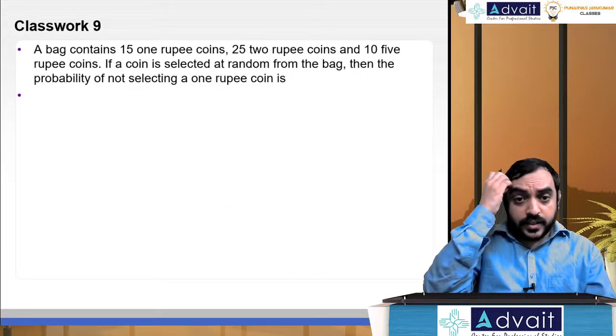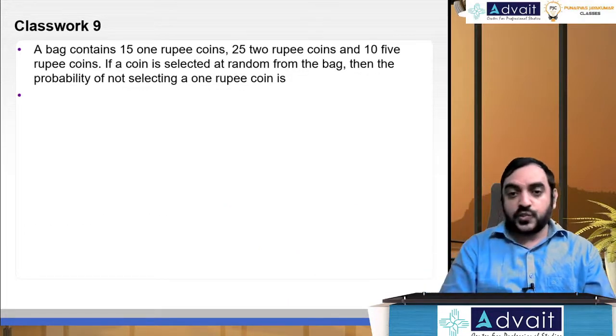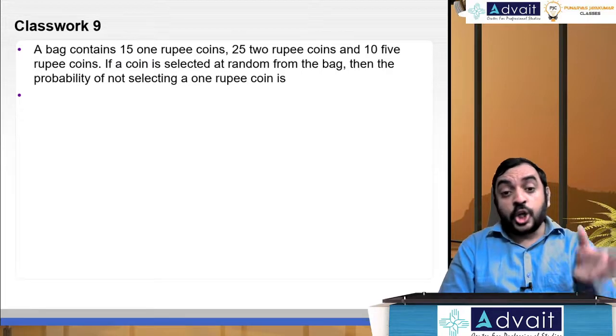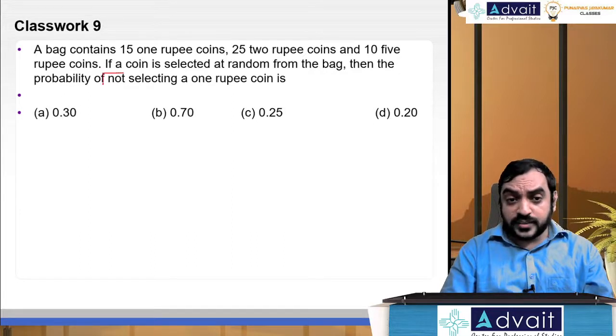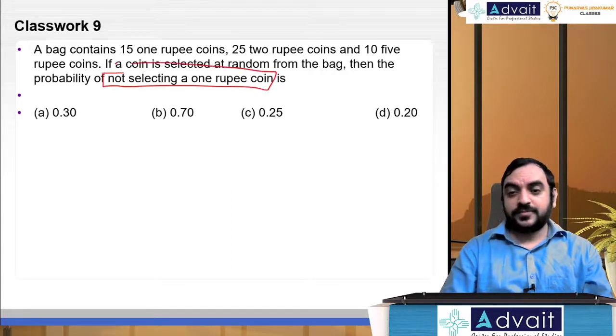A bag contains 15 1 rupee coins, 25 2 rupee coins, 10 5 rupee coins. Must be the bag should belong to some beggar maybe. And you are going and selecting a coin from the beggar's bag. If a coin is selected at random from the bag, then the probability of not selecting a 1 rupee coin is